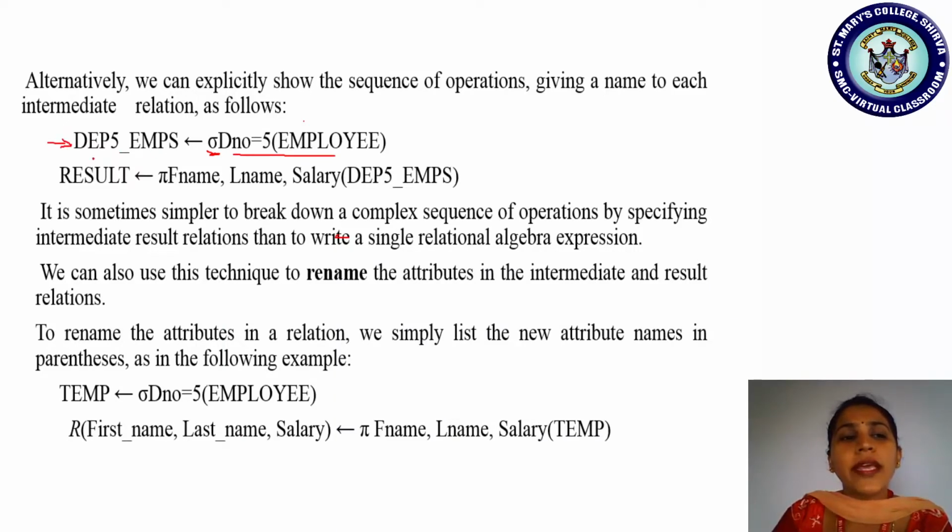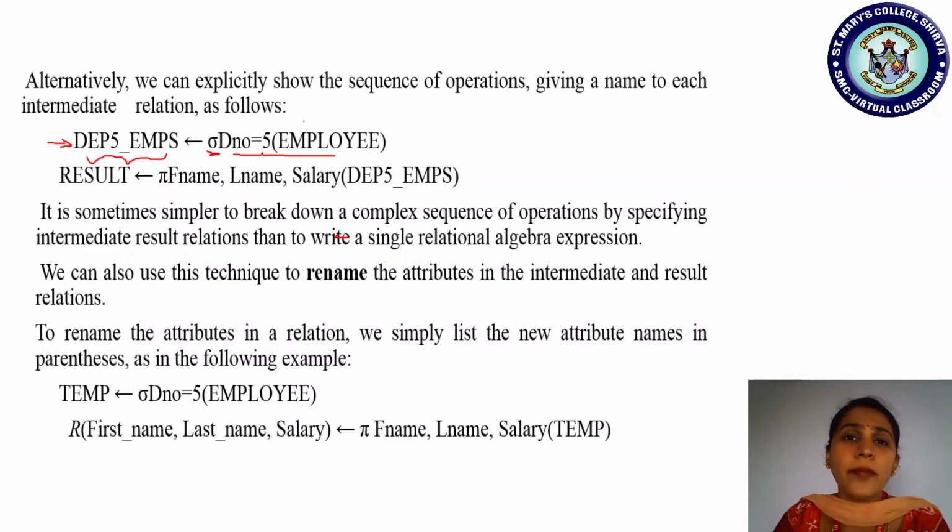Department 5 underscore EMPS. See students, this is a new name we have given for a table which is going to store the result. On applying the right hand side condition we get a certain result: only the 4 records of employees who work in department number 5 will be given to the user. That table is stored with the name Department 5 underscore EMPS. This is a new name we have given to the relation where the result is held. Okay, now coming to the next step.